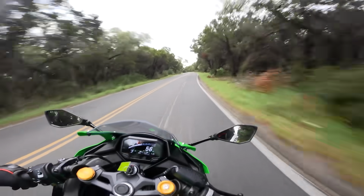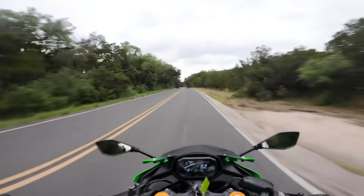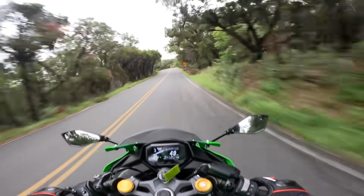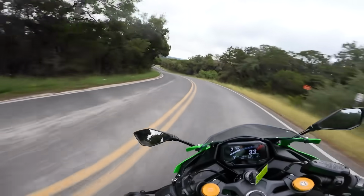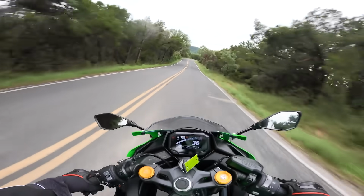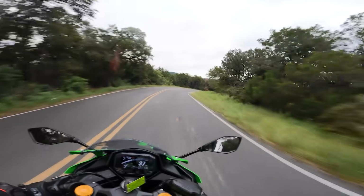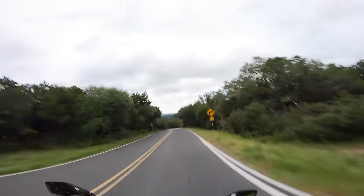Little pocket rocket. So yeah, I think beginner bikes should be cheap. I really don't think you should spend a lot of money on your first motorcycle because the common thought is you're not going to keep it. Now, the ZX4, you would definitely want to keep this motorcycle. This is not a pump and dump kind of bike. You wouldn't want to grab this thing and just ride it for a season and then sell it because of